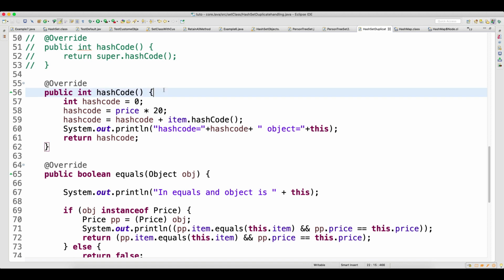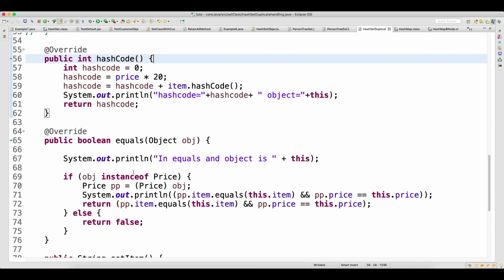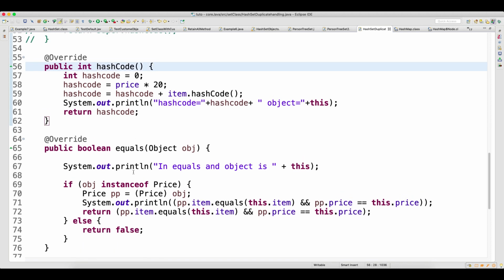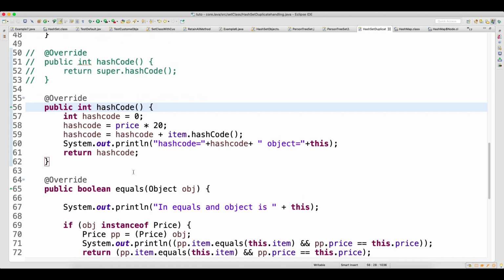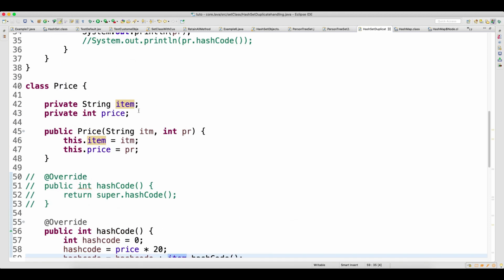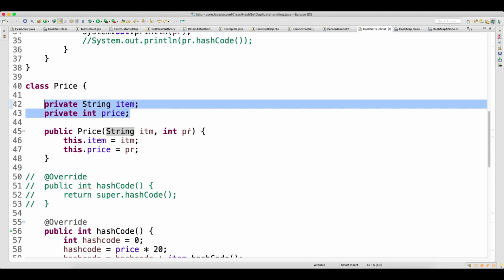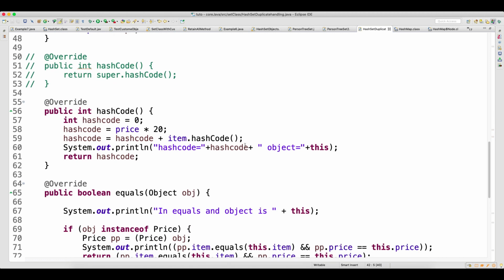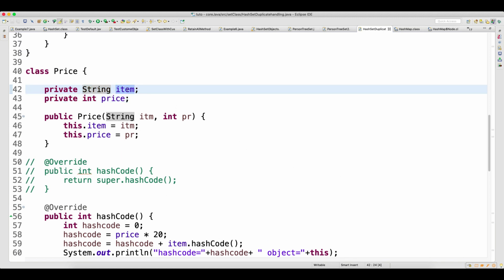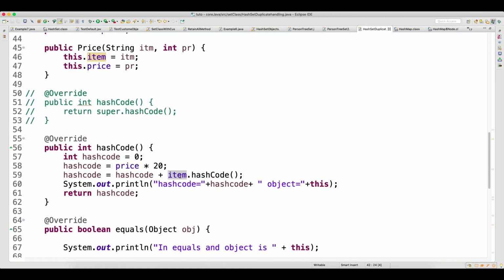Guys, you can do a lot more practice on this. You can create your own combinations of hash code and equals methods. So here you might be thinking, this was the string, I called the hash code method and I was able to generate that.